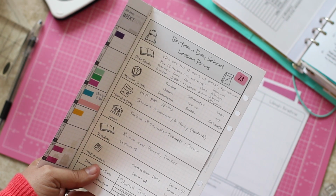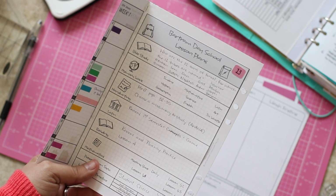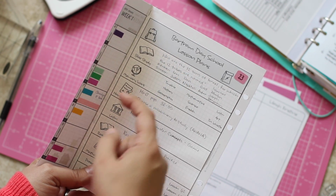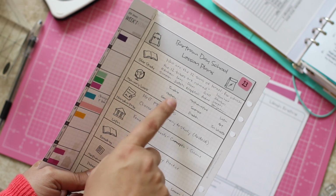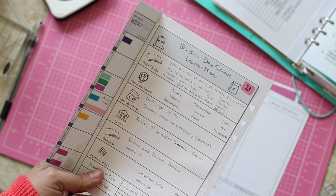And I'm planning to do a video a little bit more about CC and how we implement it at home. So I'll go into more depth with that later. But this is just a list so that I can say, yeah, we did the timeline and we did science and that. Because we also incorporate a notebook process that we got off of CC Connected,